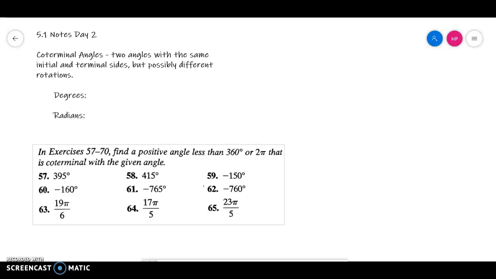So here we are with the second and final day of 5.1. Two things sort of to finish up, one of them coterminal angles. So the definition's right there: two angles with the same beginning and end, the initial and terminal sides, but potentially